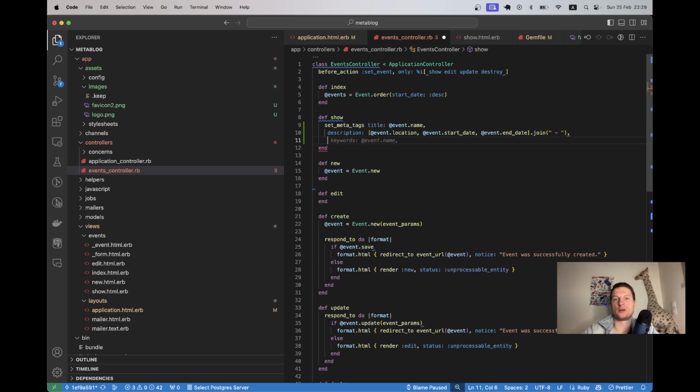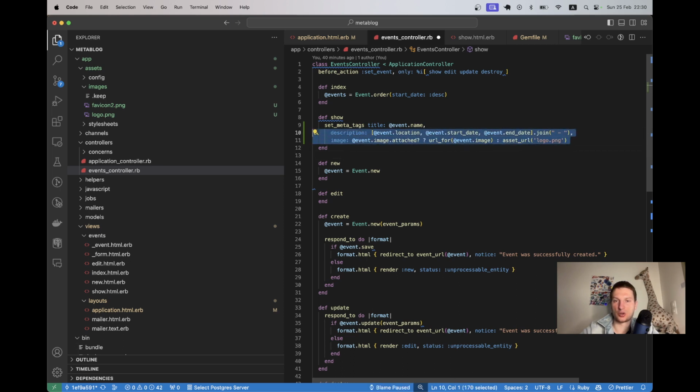We would also have potentially a specific image that we would attach to an event, so you could have that, the attached image. If you did have an attached image, you could have something like image would be if there is an image attached, so something like event.image attached URL for image, otherwise set URL logo.png. But at the moment, event image attached will not work because we don't have active storage installed in this default